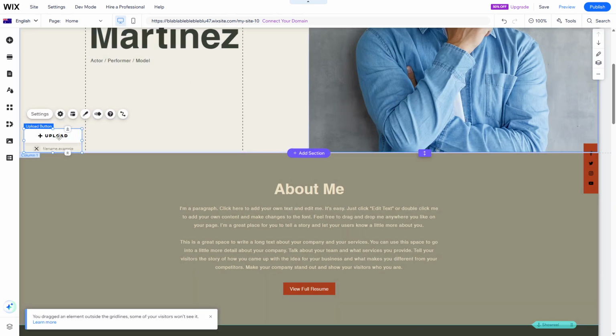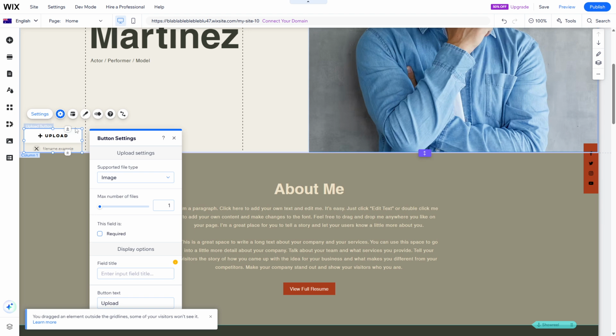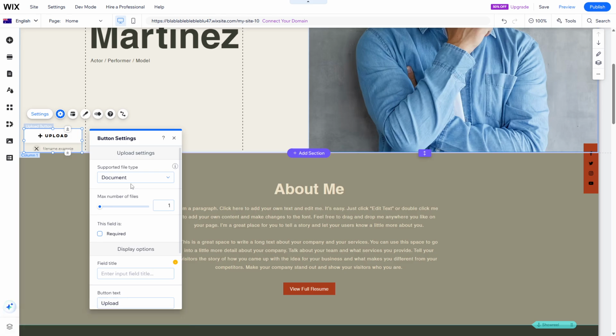Click on the Upload button you've just added, and then click on the Settings icon to open the settings options. First, you'll see the option for supported file type. This is where you specify the types of files that your visitors can upload. You might want to accept images and videos, just images, documents, or even audio files, depending on what's relevant to